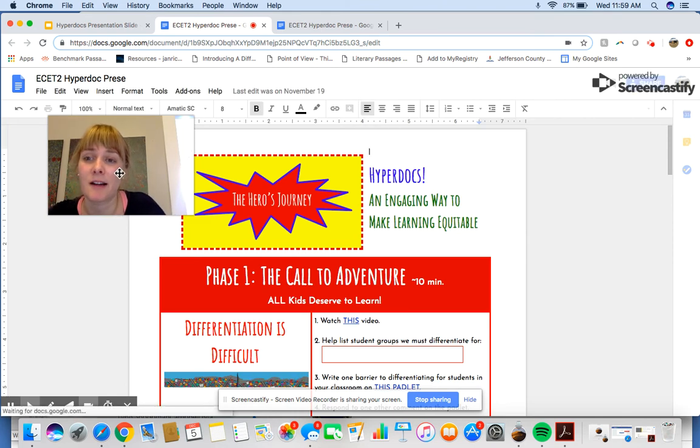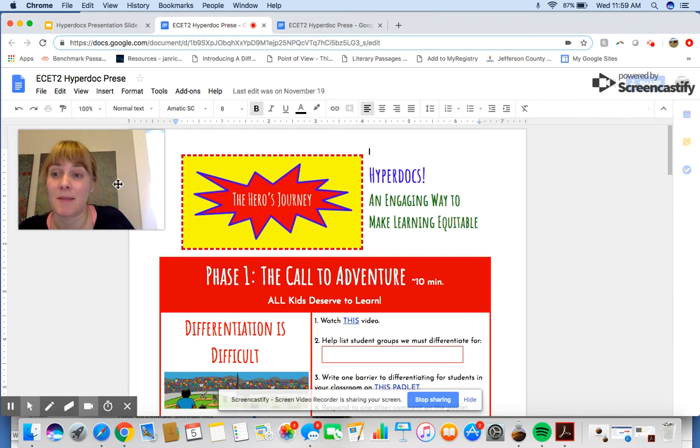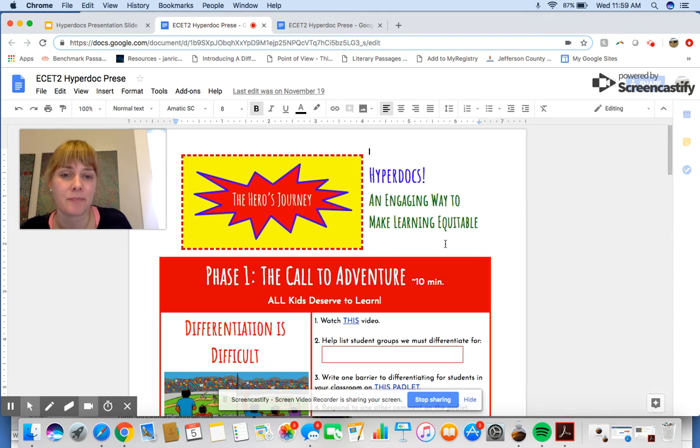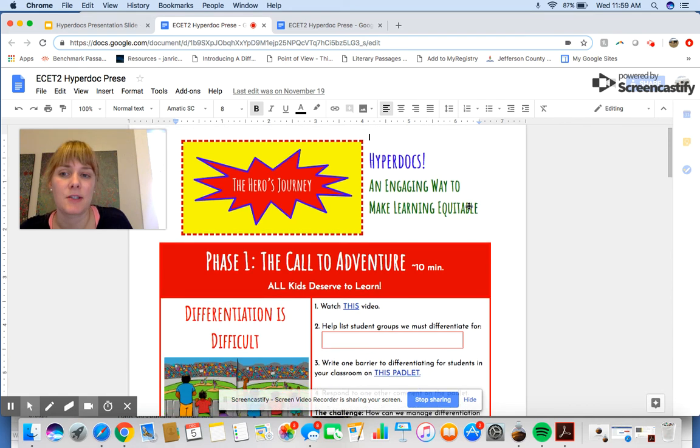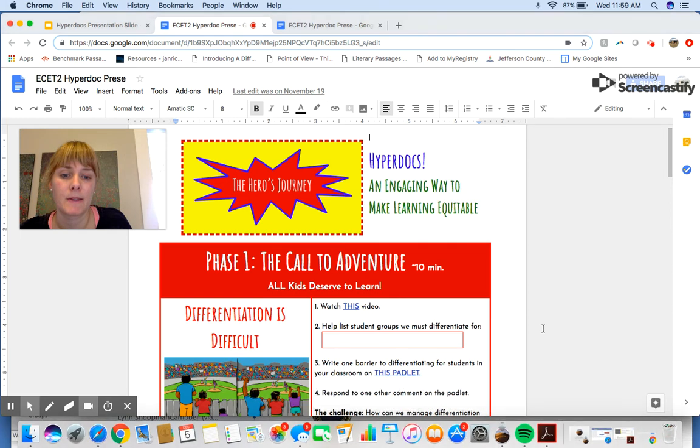Okay, so HyperDocs are amazing. I cannot even tell you enough good things about how HyperDocs have transformed my instruction. What HyperDocs do is they make it possible to truly differentiate. You're always going to have students with a variety of different needs. Every classroom is heterogeneous. And HyperDocs allow you to put the time in ahead of time, before class, to kind